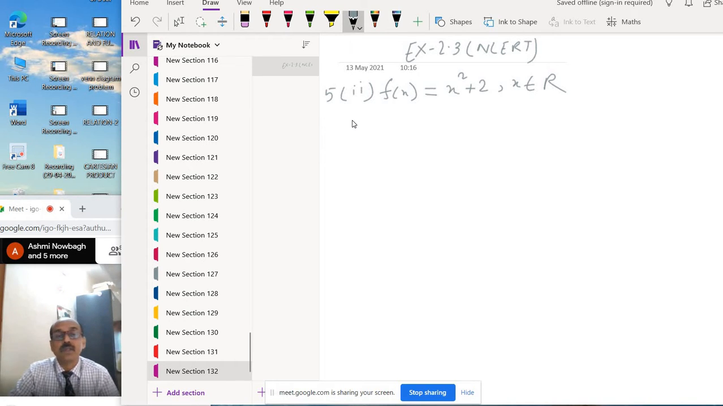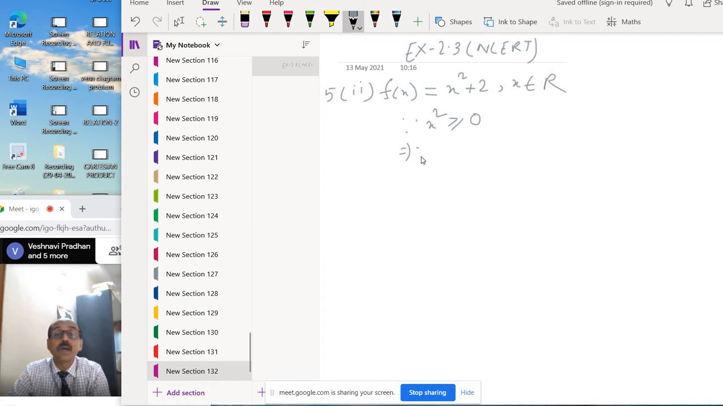Now, the function is x square plus 2. We know any square number is always positive. So x square is a square term, so it is greater than or equal to 0. Since x square is greater than or equal to 0 because of the square term, now the function is x square plus 2, so adding 2 on both sides,